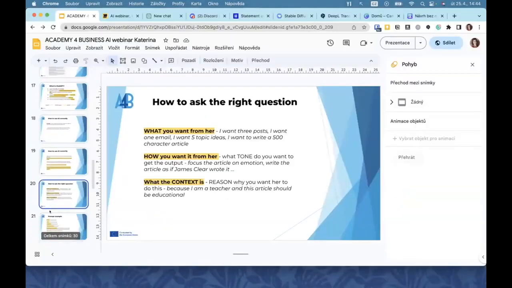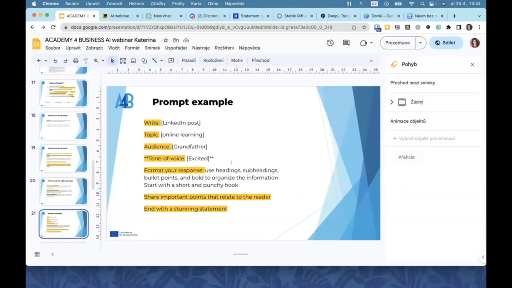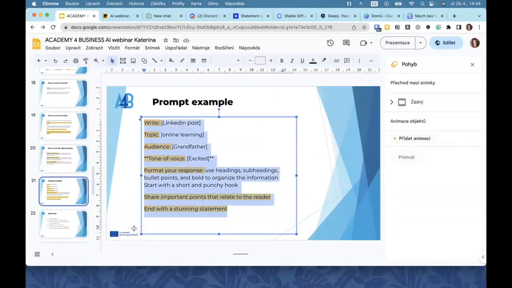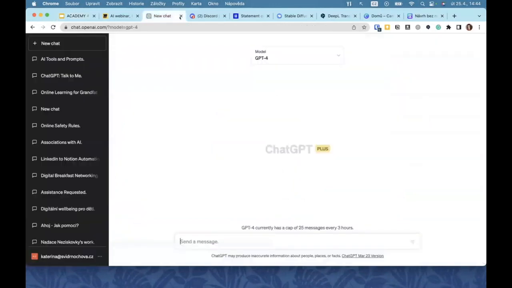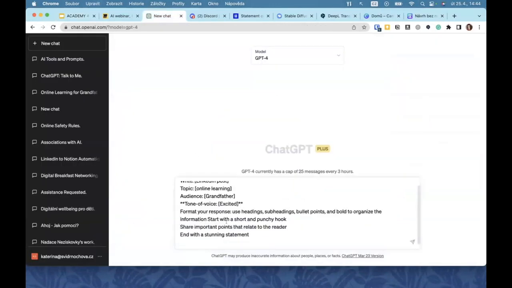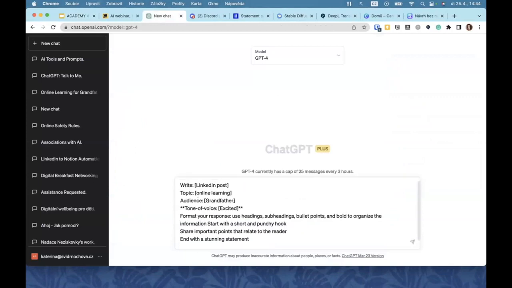Here we can see some prompt example. I'm going to copy paste it like you see it and give it to ChatGPT. You can see that my prompt is based on: write, LinkedIn post, topic, online learning, audience, grandfather, tone of voice, excited.